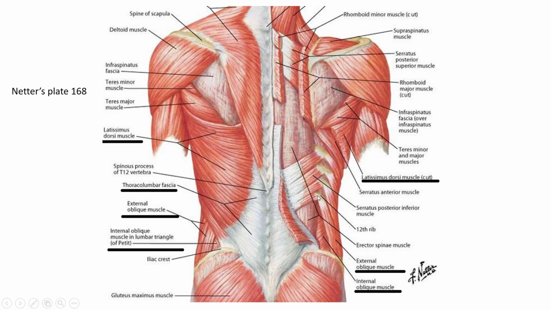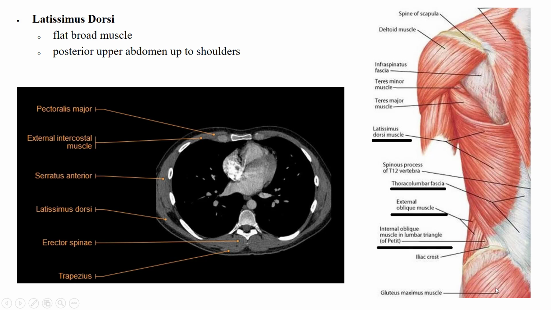You can see how the external obliques run from superior to inferior as they wrap around the front of the body, and then the internal obliques run from inferior to superior as they wrap around to the front of the body. The latissimus dorsi is a flat, broad muscle that extends from the shoulder blade area to the top of